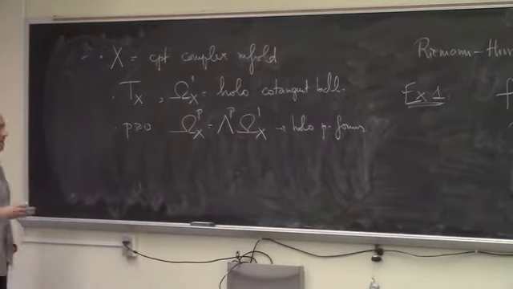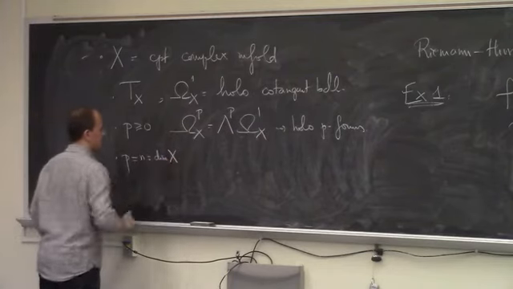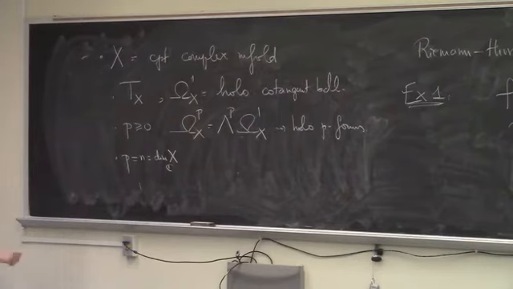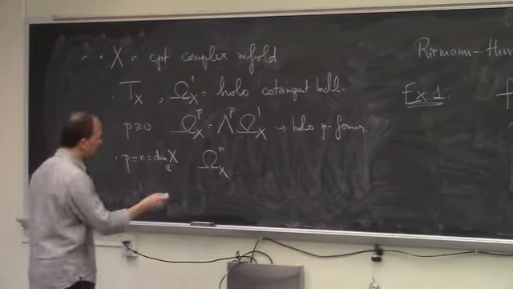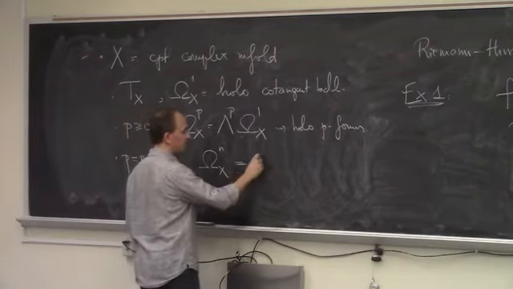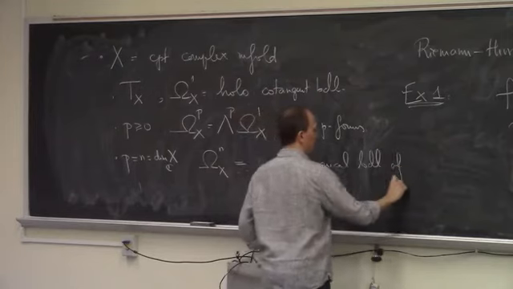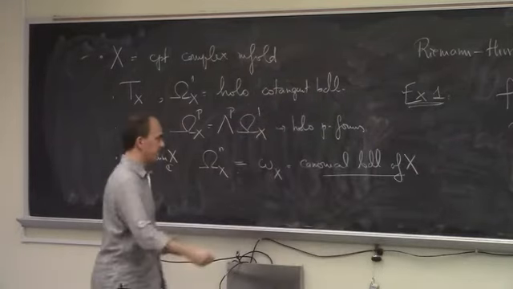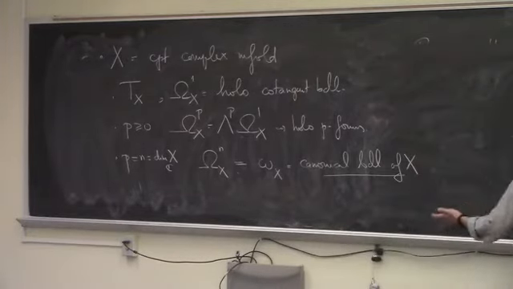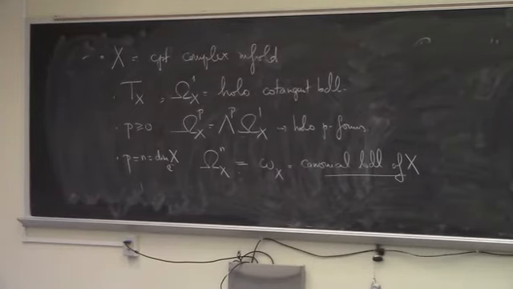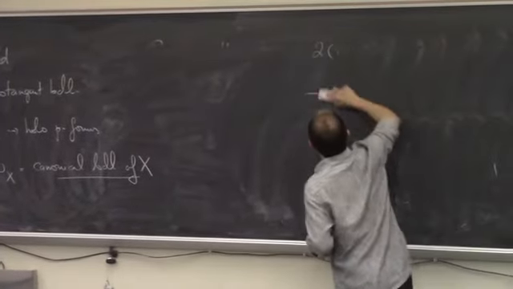Okay, and of very special significance is the case when p is maximal, equal to n, which is the dimension of X over C. In this case, we're looking at the top exterior power of the holomorphic cotangent bundle. There's a special notation and a special name for this. This is what's called the canonical bundle of X, arguably the most important holomorphic invariant of the manifold X. And because we're looking at the top exterior power, this is in fact a vector bundle of rank 1. This is what we usually call a line bundle in complex geometry. And